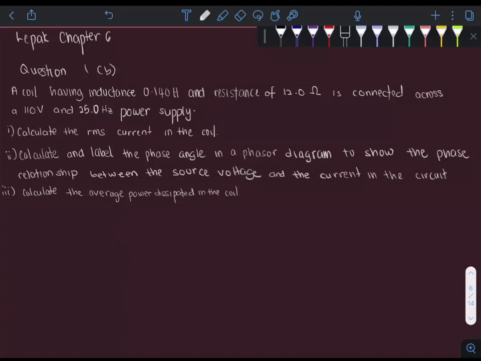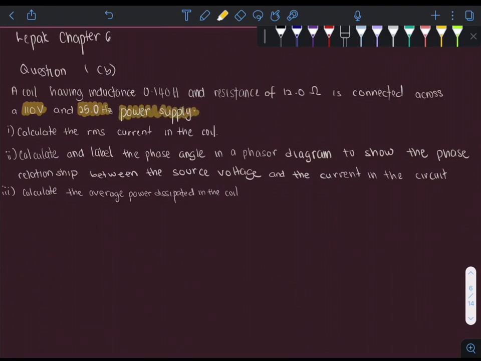Okay, now we are going to look at LEPAK chapter 6, question 1b. We have in the question a coil having inductance of 0.140 Henry and resistance of 12 ohm connected across a 110 volt and 25 hertz power supply. So, according to the information we have here, which is 110 volt with 25 hertz power supply, we can deduce